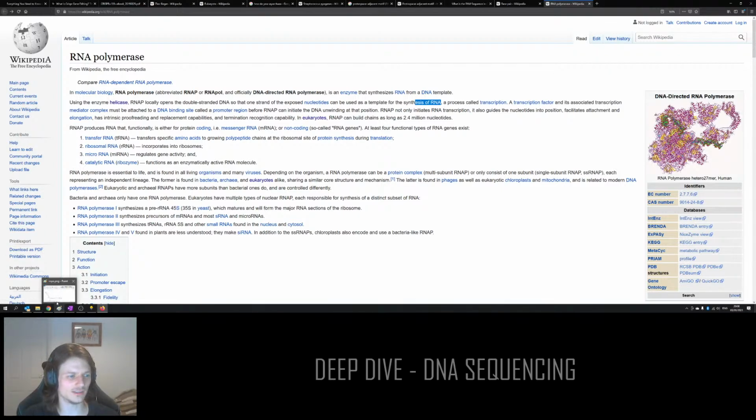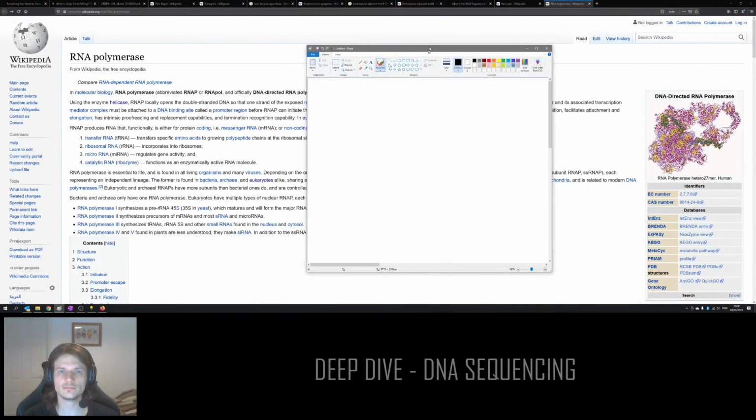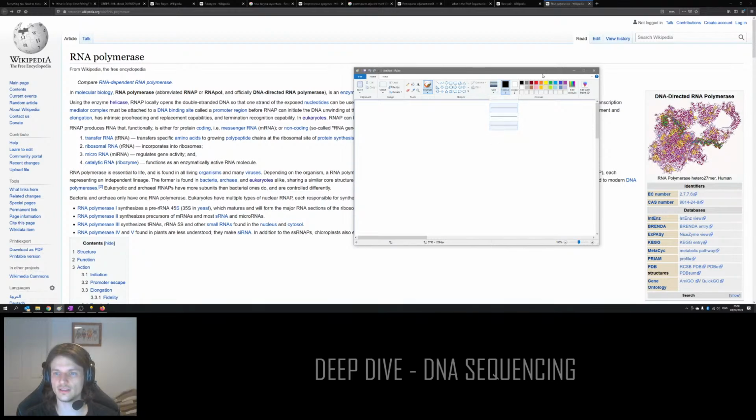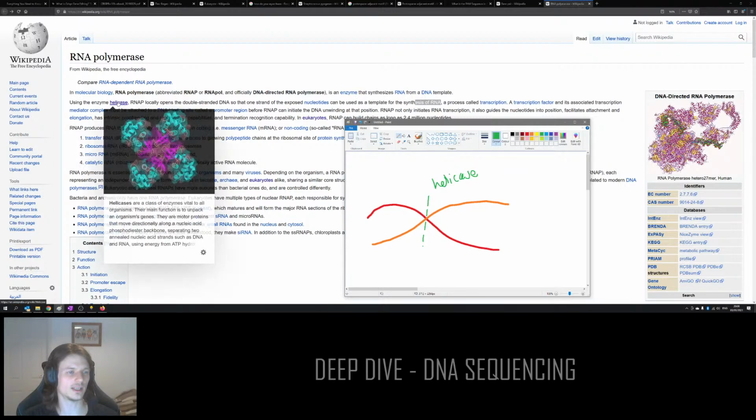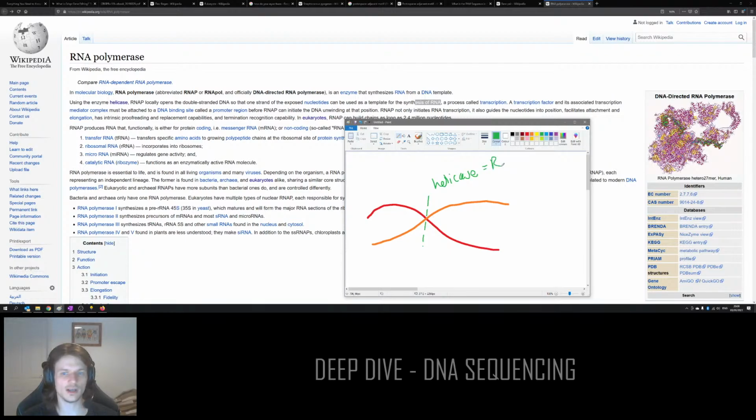So let me just try and draw that, get it in my head. I'm imagining something like this. So you've got your double helix. And when it cuts it, a process called transcription. So using the enzyme helicase, RNA polymerase locally opens the double-stranded DNA. Okay. Using the enzyme RNAP. It's an enzyme that synthesizes RNA. Okay. So this is the RNA